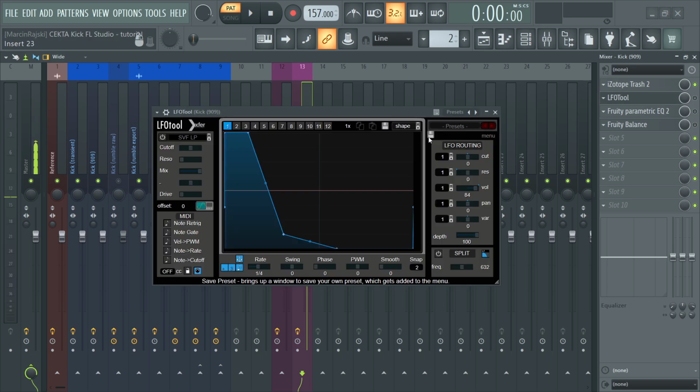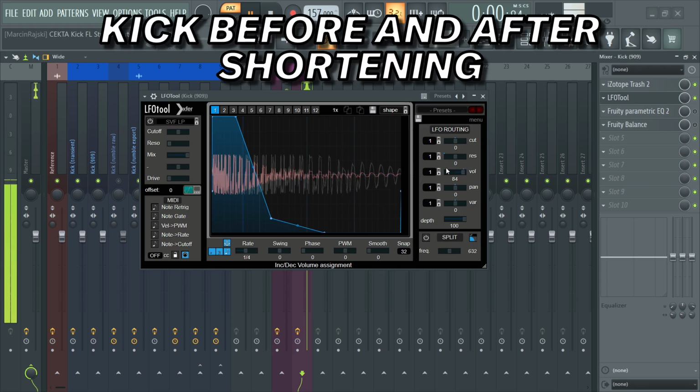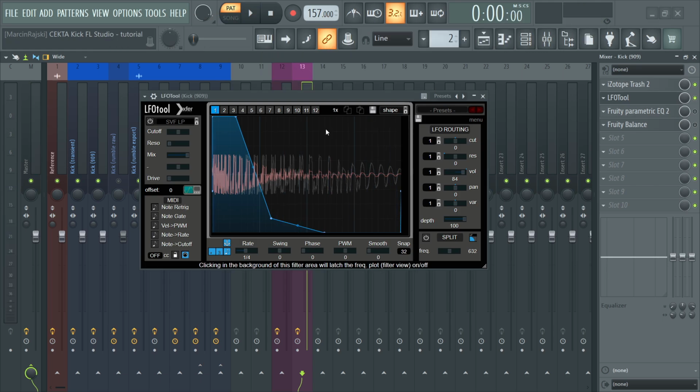And the second plugin is the LFO tool that shortens the 909 kick. The 909 doesn't need to be as short as the transient. Of course, we want that sound to fill the mid frequencies of the kick drum, so that's why I have created such a volume modulation curve. Again, I would like to point out that the 909 kick drum doesn't need to be as short as the transient kick drum. So I have added an extra point to make this 909 kick a bit longer,